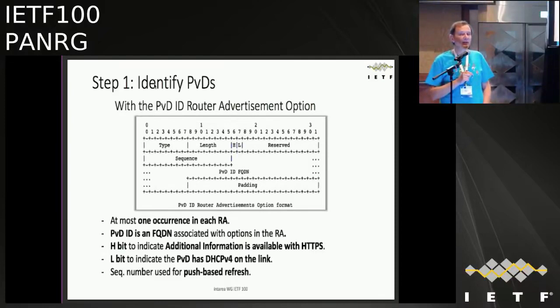The PVD ID, which is used in the kernel to identify which PVD you want to use, which is, by the way, and it's not a coincidence, by design, a fully qualified domain name. And you will see why. You also have a sequence field. And the sequence is basically to say, hey, I have new information for you. This is version 5. Then maybe 1 hour later, 2 weeks after, 2 seconds after, you will send version 6. It's a trigger for everyone receiving this, typically multicast, router advertisement, to refresh all the information.